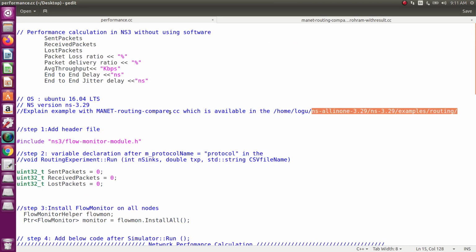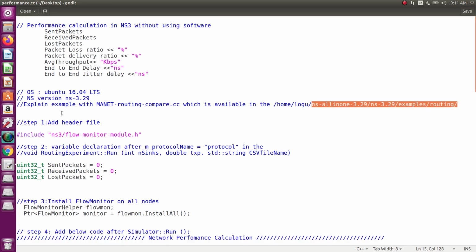So what we want to do is first copy that manet-routing-compare.cc into the scratch folder.